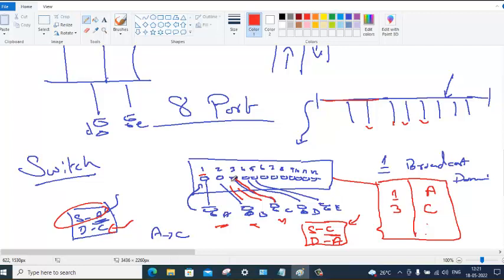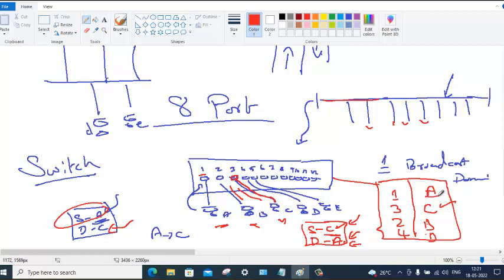After a point of time, they keep communicating. Then port number 2, B MAC address. Port number 4, D MAC address. It learns all the MAC addresses of connected devices. Say for example, when this is the response packet, C wants to go to A. When the packet hits the switch, it learns the source MAC address and then it will check for the destination, where I want to send the packet. I need to send the packet to A. A is on port number 1.